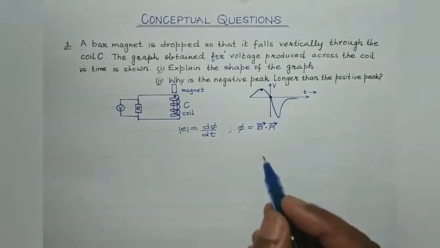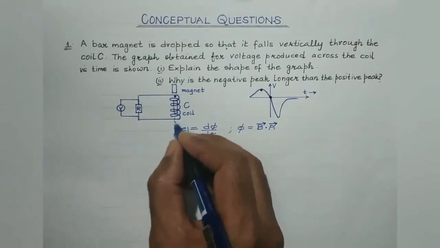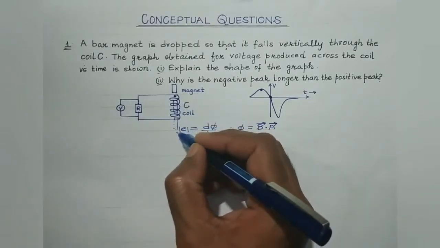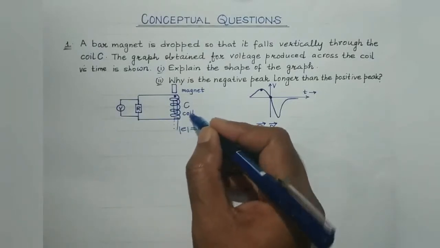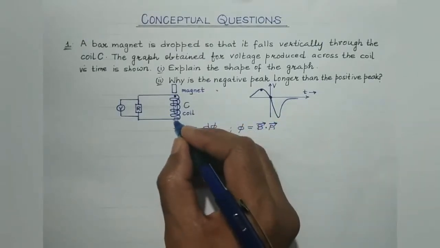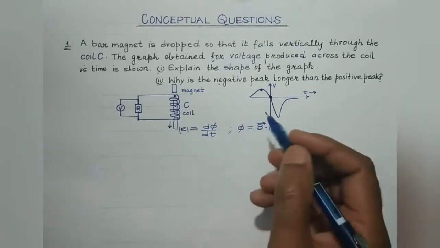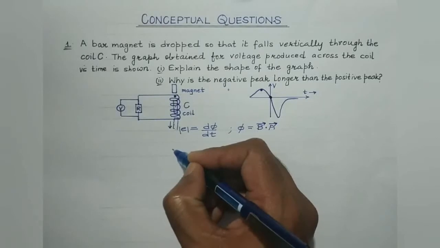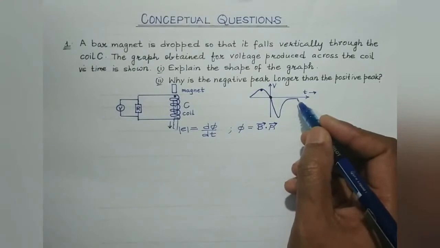During this period, when the magnet moves through the coil, the magnetic flux starts decreasing. With the flux, the induced EMF also decreases and EMF at this instant is 0. Now the magnet starts withdrawing. It starts coming out of the coil, right? So during this period, the magnetic flux again starts increasing through the coil, and thus the EMF also starts increasing, but in the opposite direction.